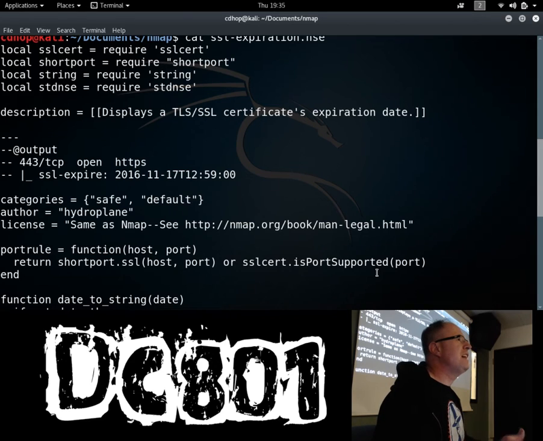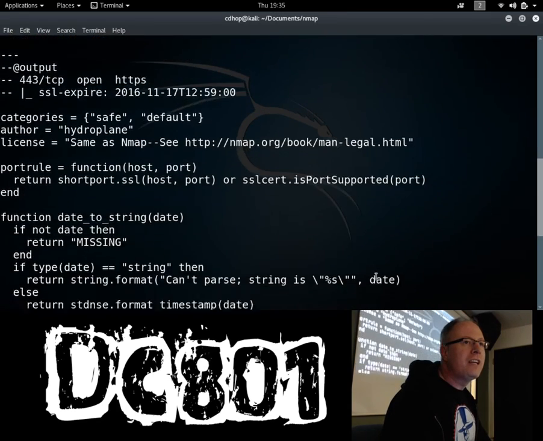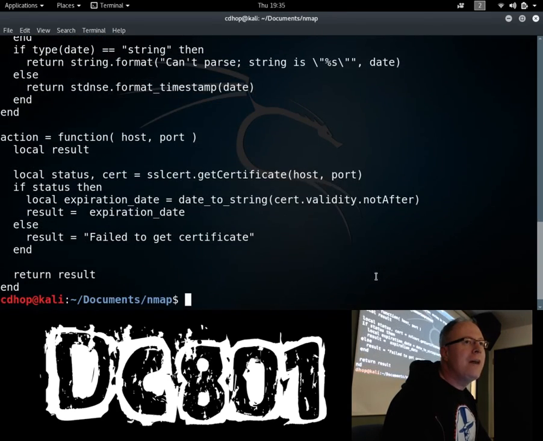Because I don't want to try to do this against a port that doesn't apply. Now, I've added a little bit of functionality in here. What happens if we go back to action? What it does is it pulls a certificate. If I got a certificate,